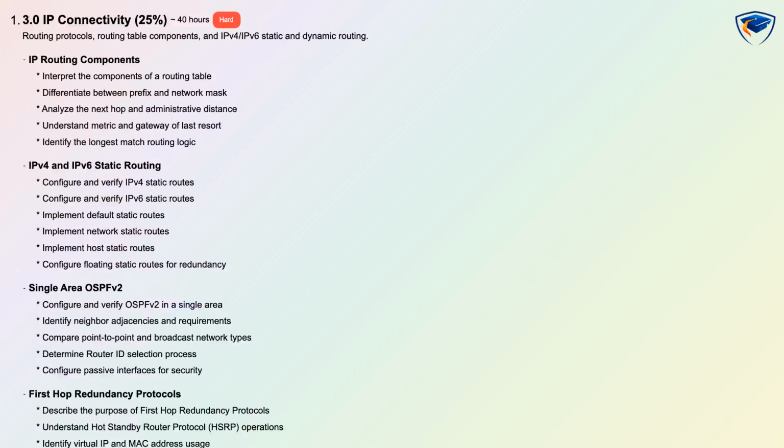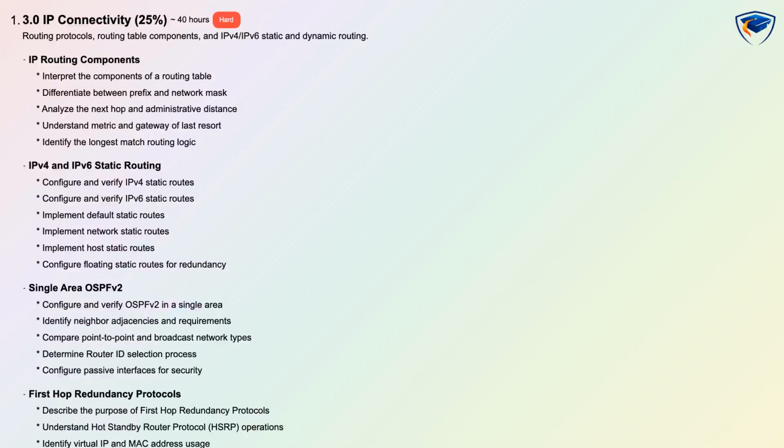The domain covers configuring and verifying IPv4 and IPv6 static routes, default and floating routes for redundancy, and dynamic routing with single area OSPFv2 including neighbor adjacencies and router ID selection. You will also study first hop redundancy protocols like HSRP, understand virtual IP and MAC addresses, and practice configuring basic